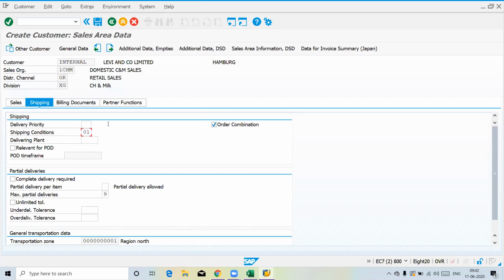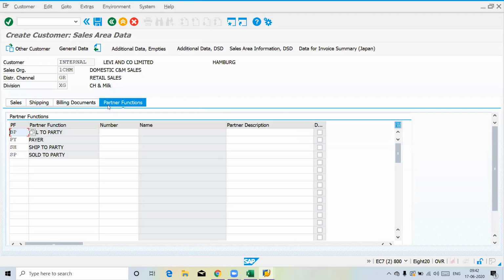This is also defined by standard. If you go here, see partners, you can see here, right? Bill-to party, ship-to party. But the number is not coming in. Without having a number, you are not able to save your customer, right?